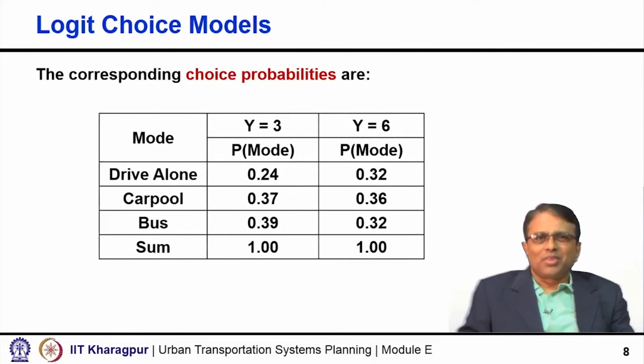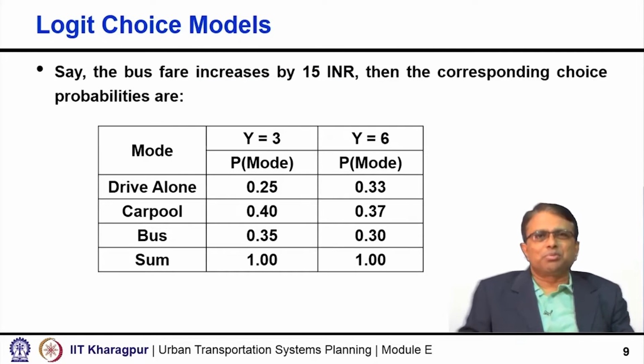Same thing for the 6 lakhs income group, it was 0.32, now it becomes 0.30. So, again the results appear to be logical. As the bus fare increases, the bus disutility also increases. So, therefore, the probability of using bus